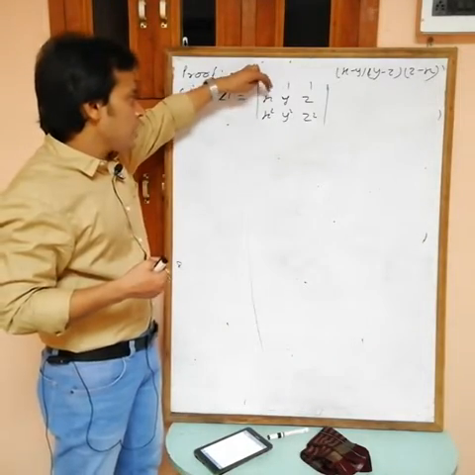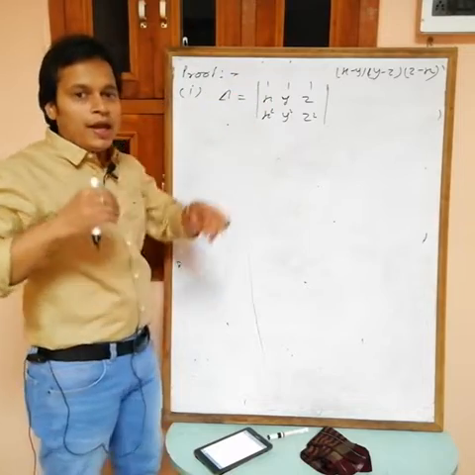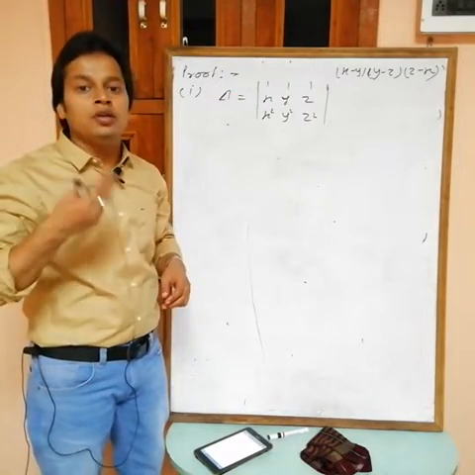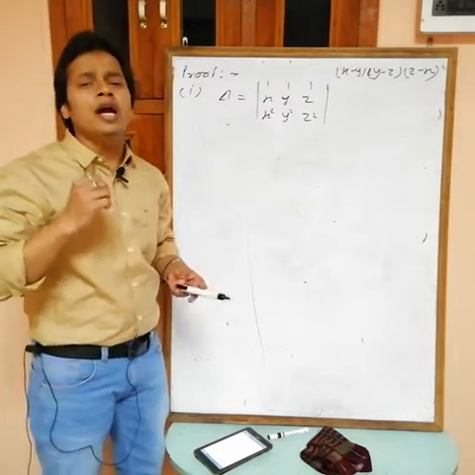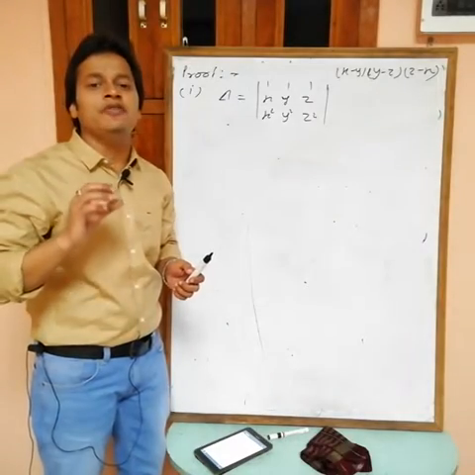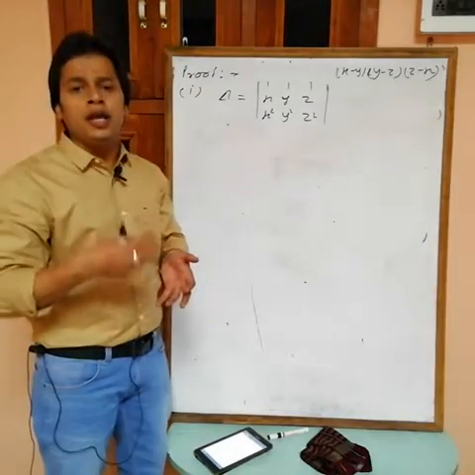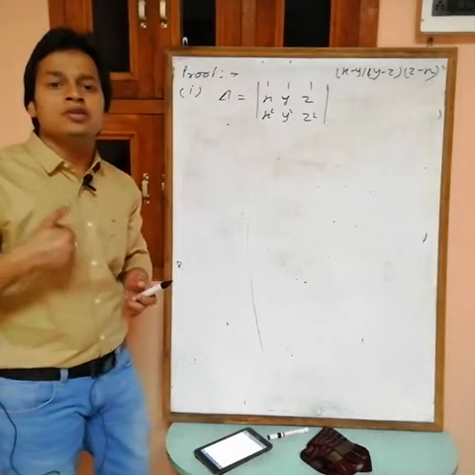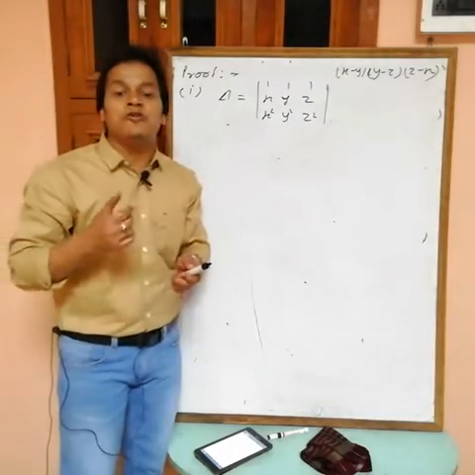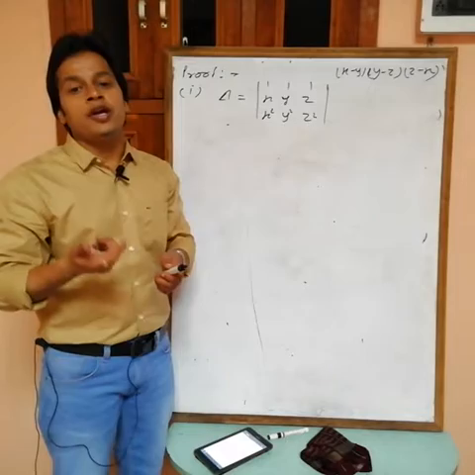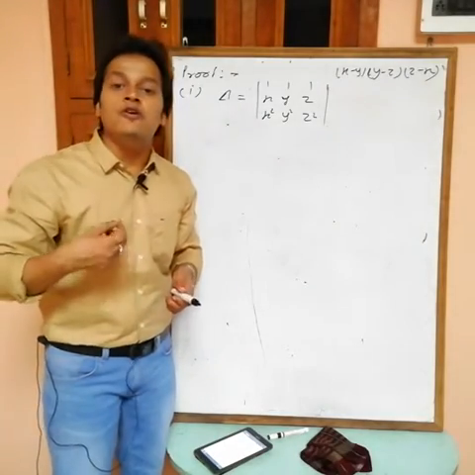Can you subtract x minus y? Actually, we have the 11th row and column transformation doesn't affect the value of the determinant. It means in any row we can add or subtract the constant multiple of another row, and in any column you can add or subtract the constant multiple of another column.